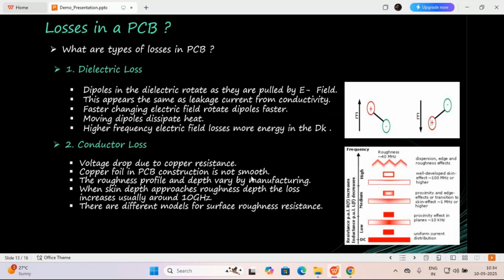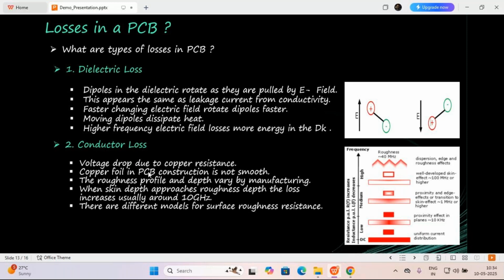The construction is not smooth. If you look at the copper layer, there are multiple types of copper layer, what we call the finishing. So the finishing of the copper layer also matters. Generally, we choose a value between smooth and rough. We cannot make it too smooth, otherwise the dielectric laminate on top will not sit properly on the copper layer. We will have a mechanical weakness issue if the copper foil is too smooth,